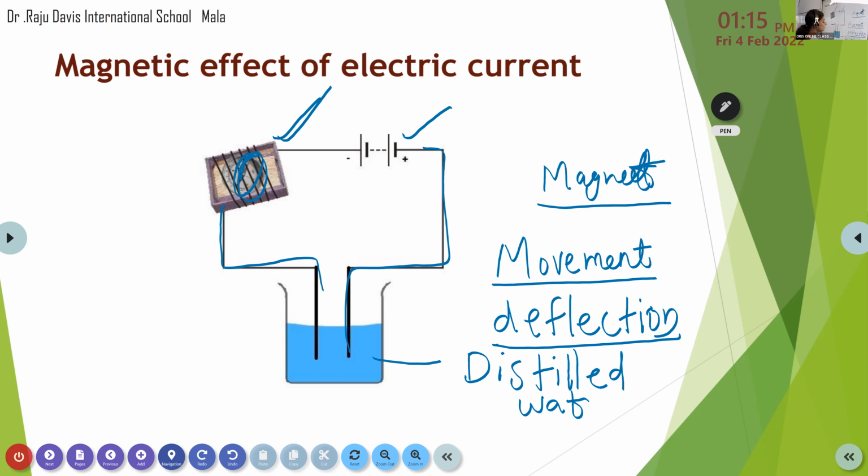Is there any deflection in the needle when we take distilled water here? No, ma'am. Why? Because the distilled water is